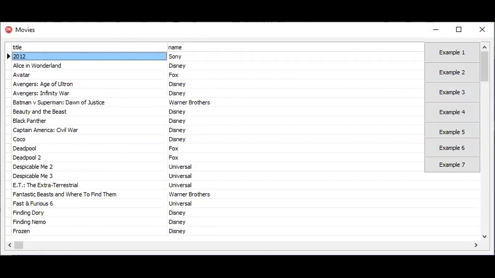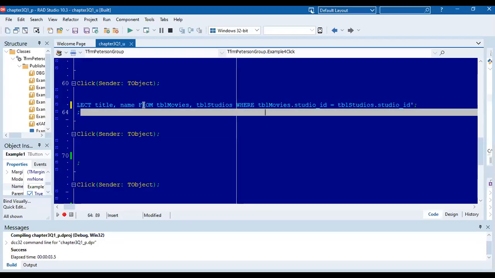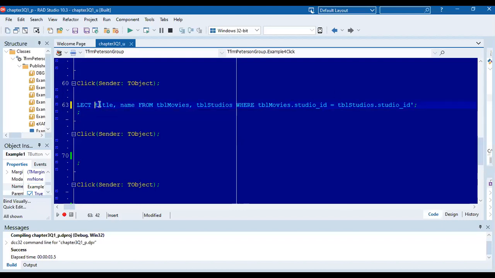Right, let me go back to my Delphi. Please make sure that this is okay. Let me now try to put the table names. This one is TBL movies. If you decide to put the name of the table, dot title, this is for the title. Then if the name is coming from TBL studios,